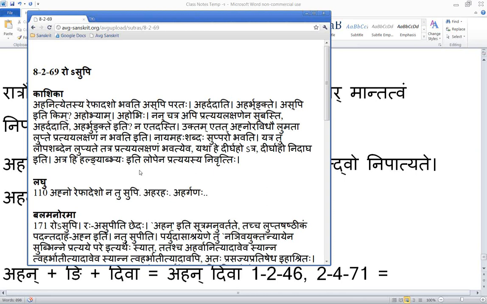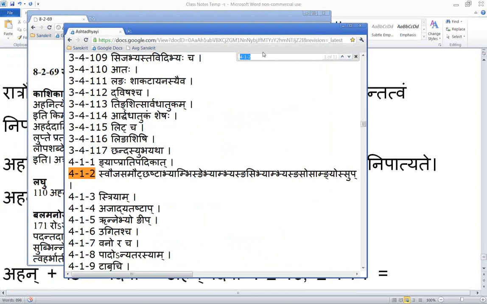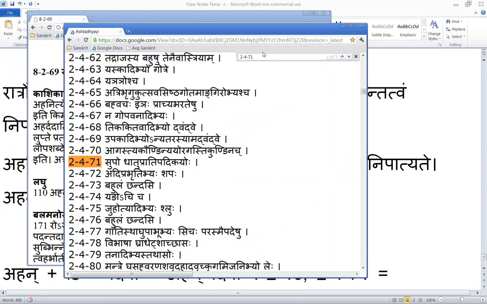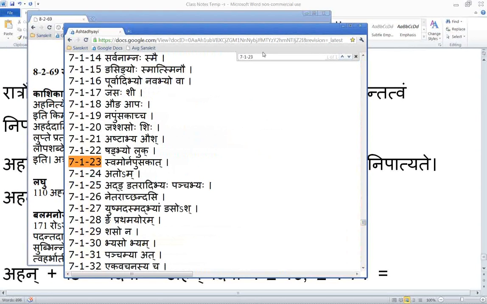So very simply, when the sup luk is done, then you use 8.2.69. So 8.2.69 applies when the supluk is done. When is supluk done? It will be done by two rules: one which we are using right now, which is the supo dhatu pratipadikayoho, and the other one, which we saw earlier, is the samo napunsakat luksyat. So when you take ahan, which is of course a napunsakalinga pratipadikam, when you do the prathama ekavachanam, ahan plus su or ahan plus as, either one,